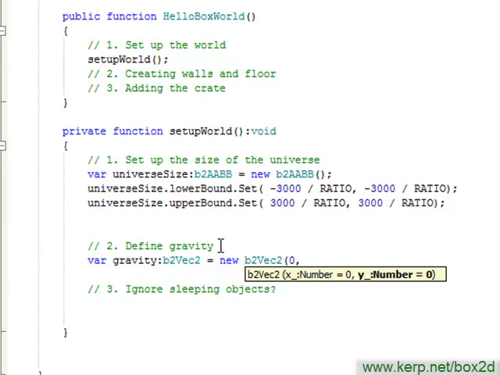And the y value, now I know I just spent most of the last video talking about how you should define everything in pixels and then convert it into meters. Now I'm going to break that rule and just put down gravity as 9.8 meters a second in the y direction because I remember that fact from physics class, and it seems weird to put it in pixels. So anyway, this last thing